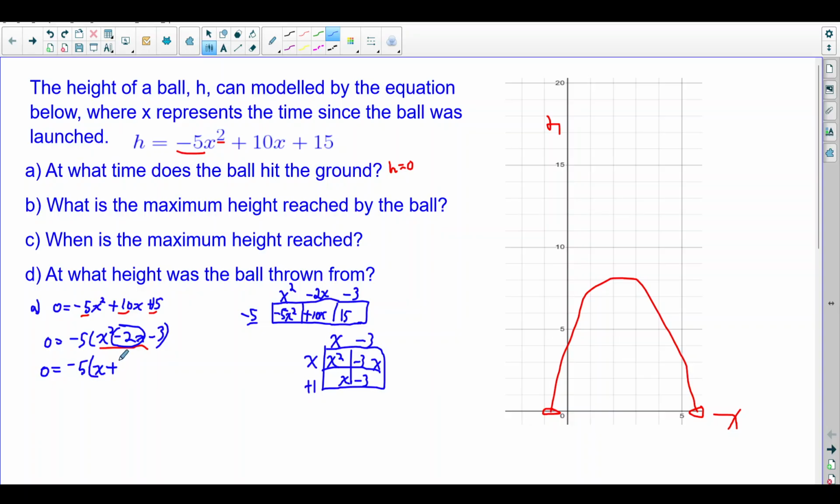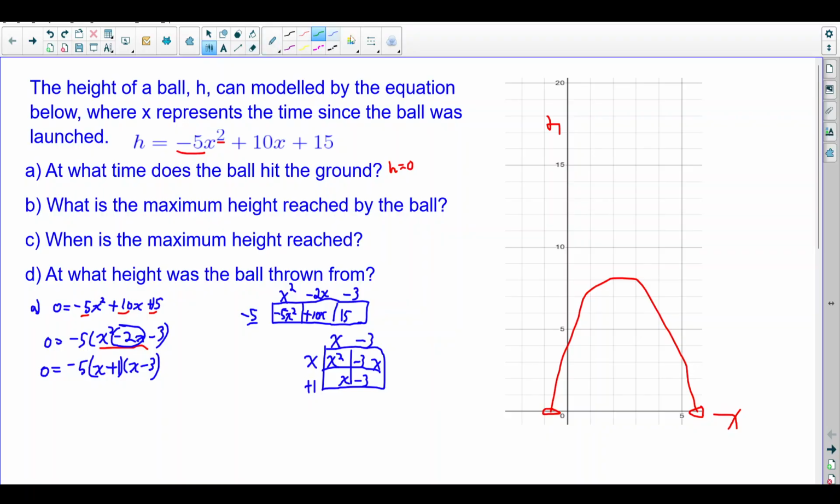x plus 1 and an x minus 3. Again, just a reminder that the order here doesn't matter. I could have written the minus 3 first and the plus 1 second. Doesn't really matter. All right, so now we have this factored quadratic, and in order for a quadratic to equal